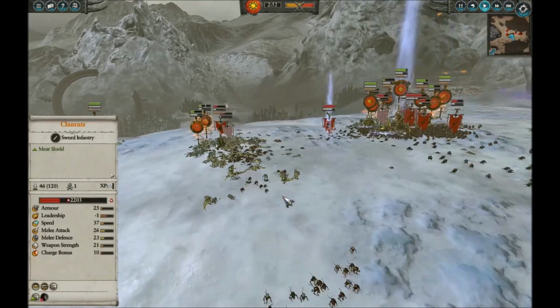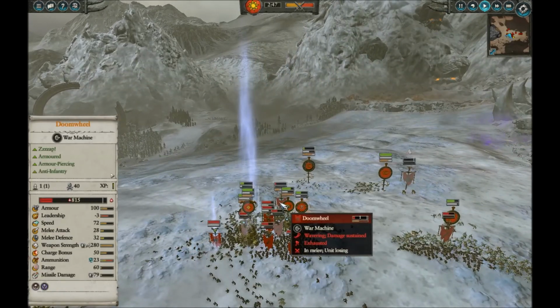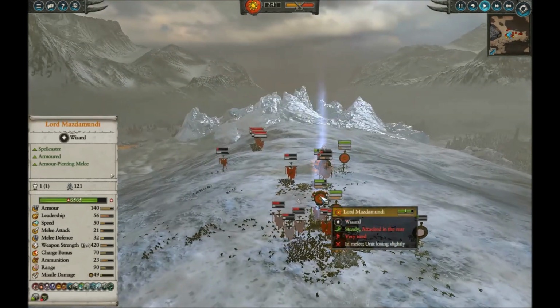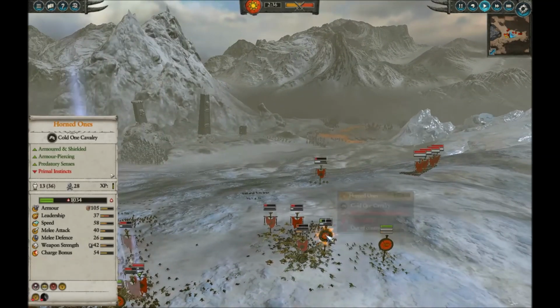battle. These Chameleon Skinks over here kind of shooting into the side. Taking a little bit of lightning fire, but that's fine. This Doom Wheel almost destroyed by the monsters, and the Skaven line is now starting to break. They just can't take the damage. Mazdamundi is at 121 kills. And the Horned ones over here...